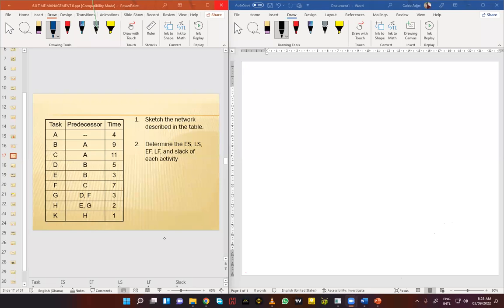Okay, so as I said, we want to look at the network and draw the network diagram for this very example. If you look at the example, we have activity A all the way to K. So A, B, C, D, E, F, G, H, and K, and their respective times are over here. We don't need to calculate the time duration because we already know the time duration of each of these activities. So we start with activity A because it is the starting activity which has no